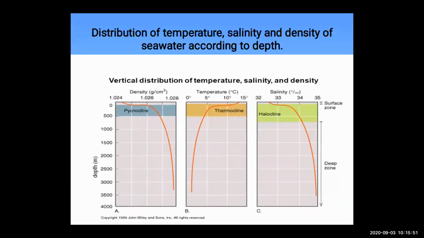And here in the graph A, that is density, the density is decreasing up to 2000 meter. The density is the same after 2000 meter, same as temperature and salinity. If we combine this,